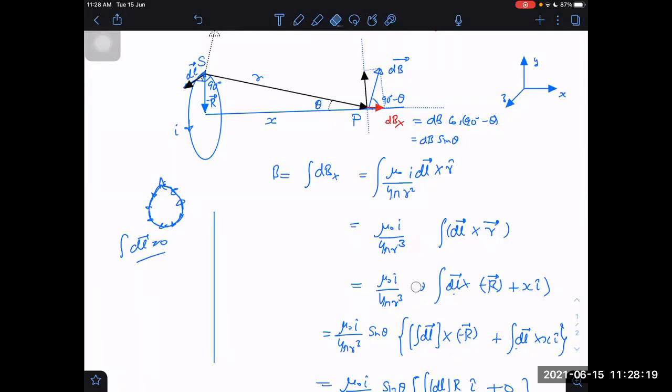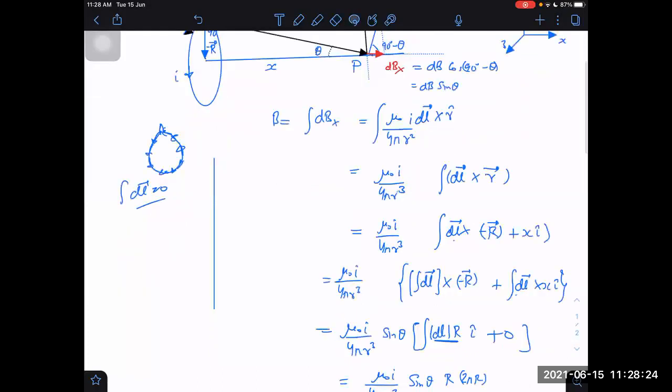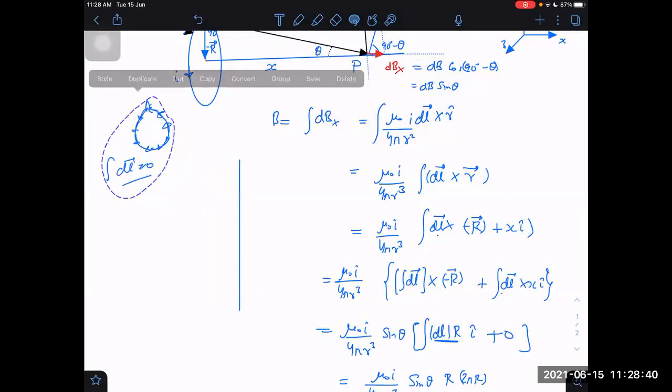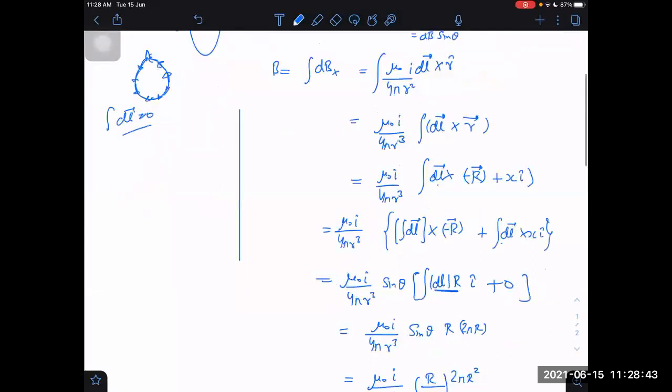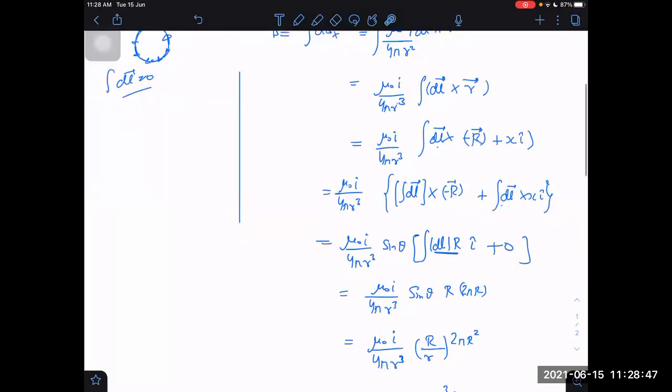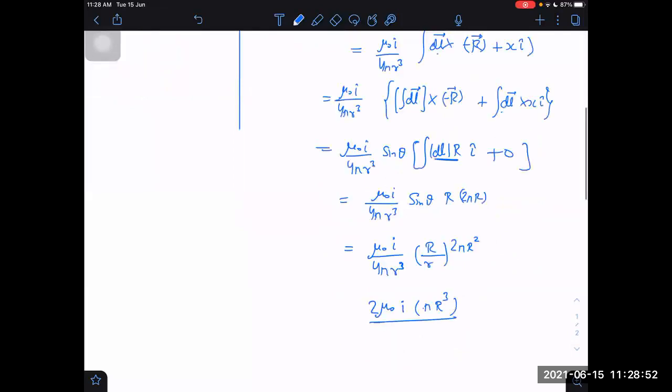My mistake. I should not have taken sine theta because right now I'm integrating vectors directly without splitting into components. That was for the second method. I wanted you to be comfortable using vectors and understanding how we can integrate directly in vector form. After that, I will give you the other method also. Don't worry about that. So sine theta is not to be taken here.